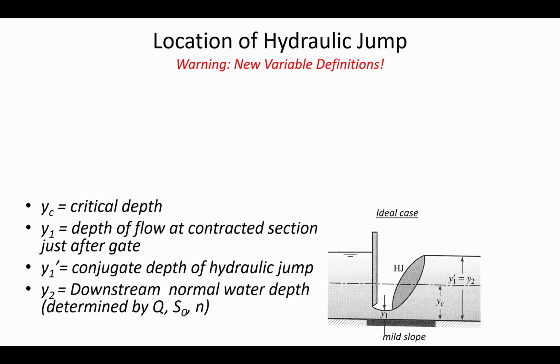And we're going to talk through the concepts that relate to where the hydraulic jump occurs. And then also I'll show you some formulas that are used to estimate the length of the hydraulic jump. So this is the most simple case. The most simple case is that we have an underflow gate. So this shaded piece here, you could think of it just as a metal gate that goes across the width of a channel, and the water can't flow at its usual depth because this gate is in the